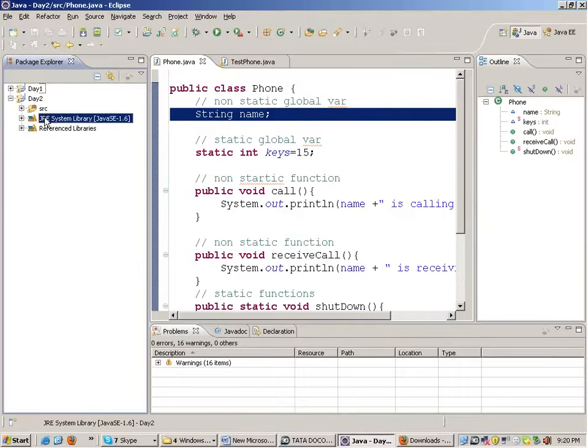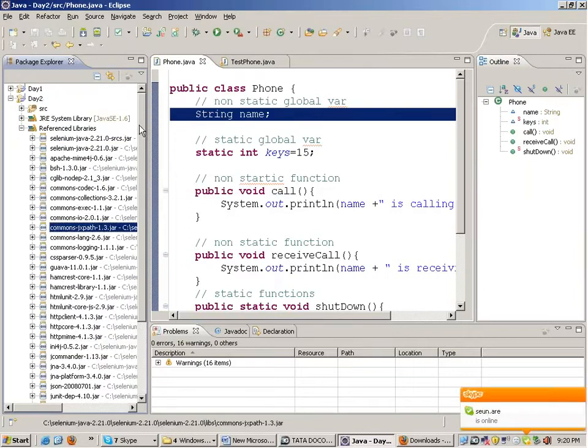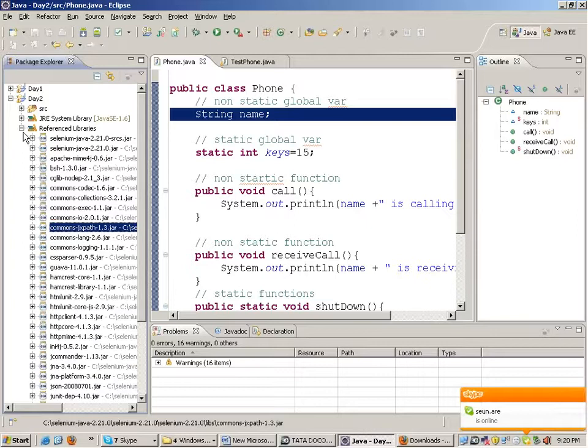This is my JRE system library. That means the libraries or jars which were installed by default in my machine when core Java was installed. And these are the configured jar files of Selenium, which I just imported in my project. That means I can use the classes present in each of these jar files.